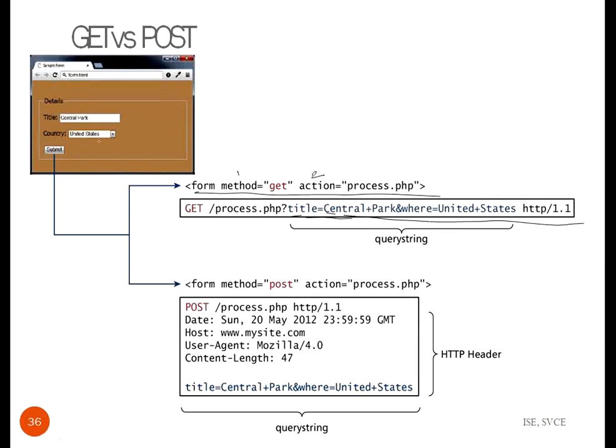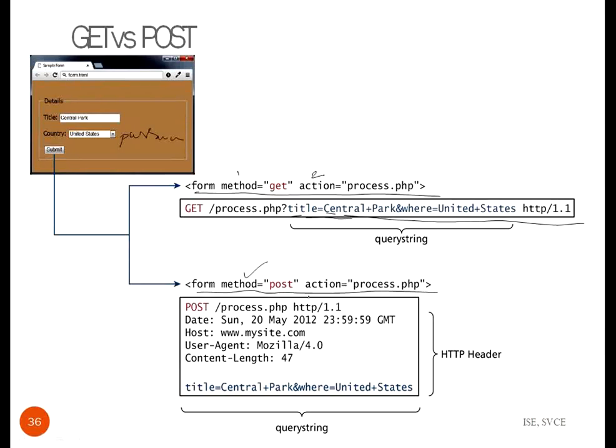Here there is no password, but still you can observe the complete information can be viewed in the URL. So there is a security problem. If this is a password and somebody is sitting along with you when you have specified the GET method, they will come to know what password you have used. So that is risky with respect to security. Similarly, in case it is the POST method, you can observe.